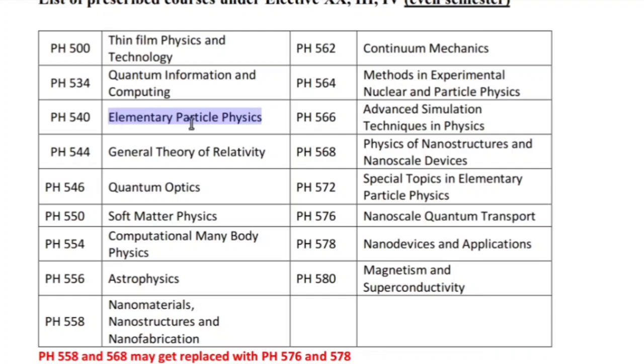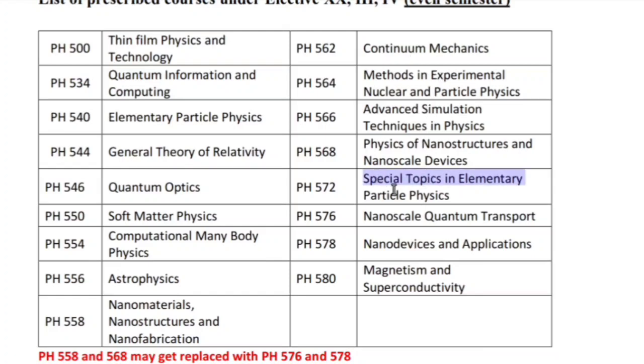The electives that I had taken were elementary particle physics, because the nuclear and particle physics course was just very basic particle physics. This went into the proper theory of particle physics. Then I had taken general theory of relativity. Even this quantum mechanics course, I had not taken, but I feel it is a very basic course, like a core course, because it covers all the quantum mechanics, the classical field theory, and the fluid equations. So I think it is something that everyone should anyway know.